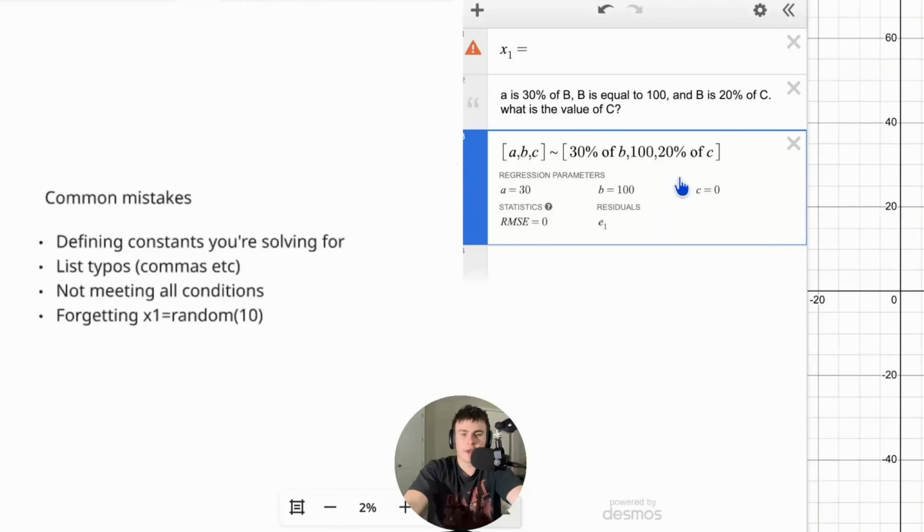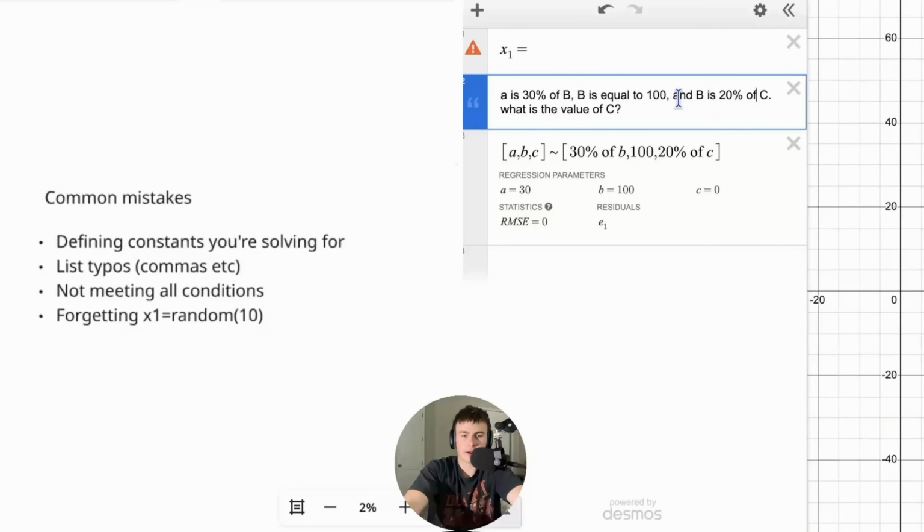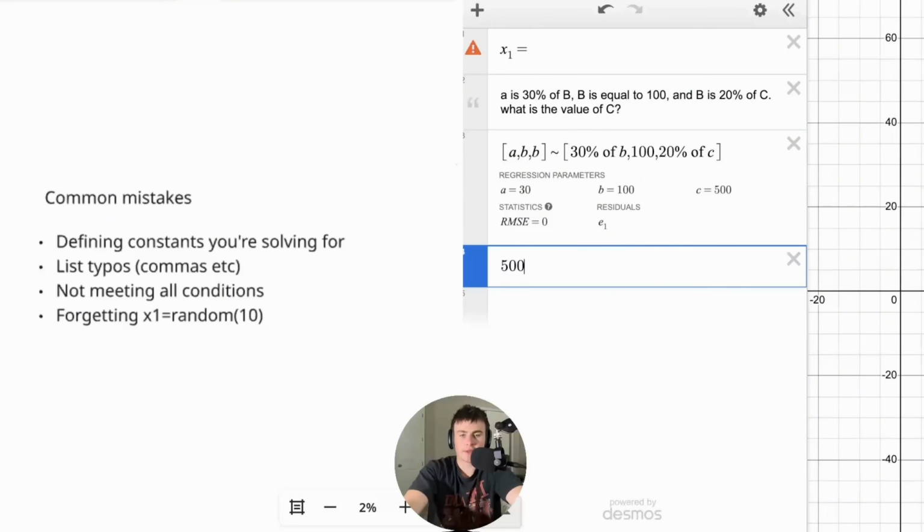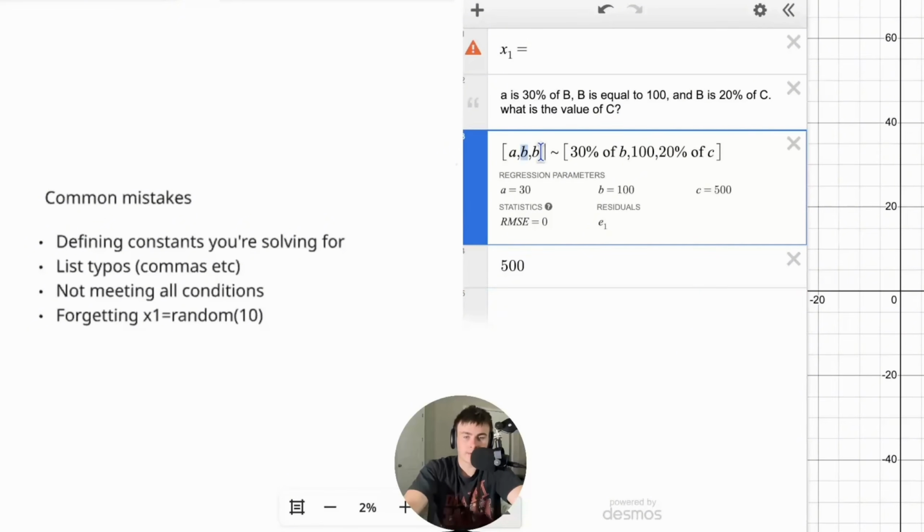So then therefore, it can solve for c, but you'd have to have one more piece of info. I guess it's probably a bad, yeah, no, this is fine. B is 20% of c, so then it could just solve for c. I put in c here. That's a typo. B is 20% of c, so therefore c is 500, and the answer of c is 500. That's it. So you literally just type in each thing, mapping to each part, and type in, okay, A is 30% of B, B is equal to 100, mapping B to 100, and then I'm also mapping B to 20%